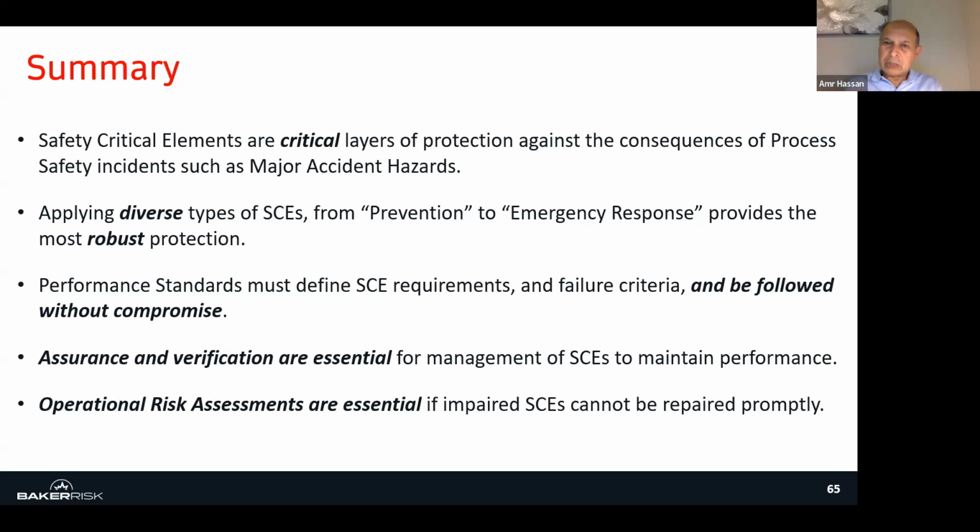The assurance activity is mainly for the preventive maintenance. If you see the design performance standard and operation, it looks the same as the topics, but the content is completely different. So for operations, we have to make sure the proper preventive maintenance, which is the assurance activity, is set in place.